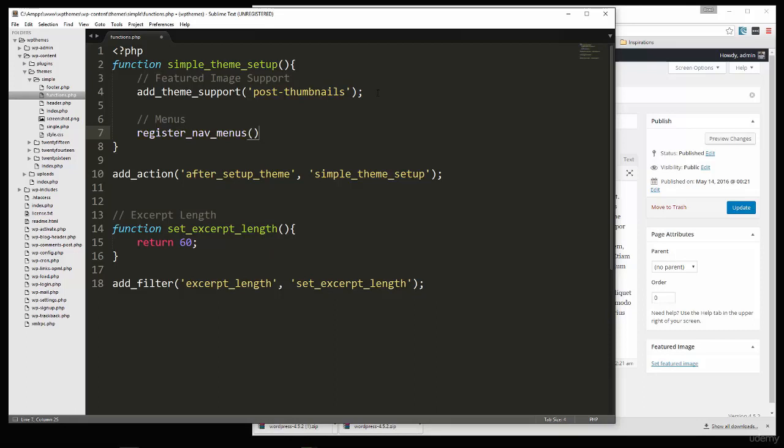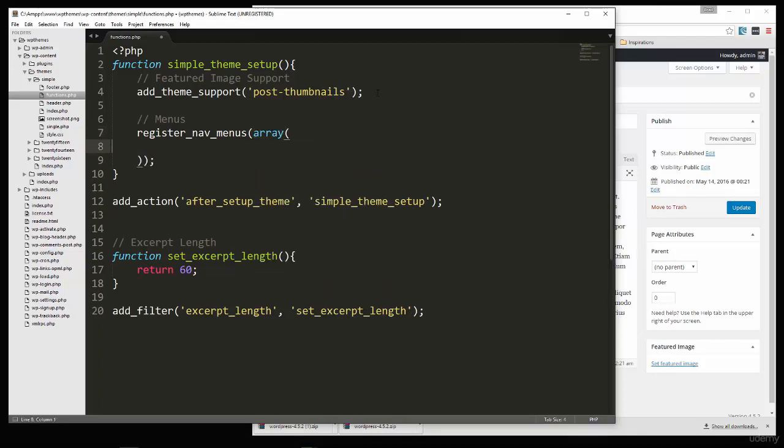Okay, so we can use this. And then we want to pass in an array, and we're going to set primary,